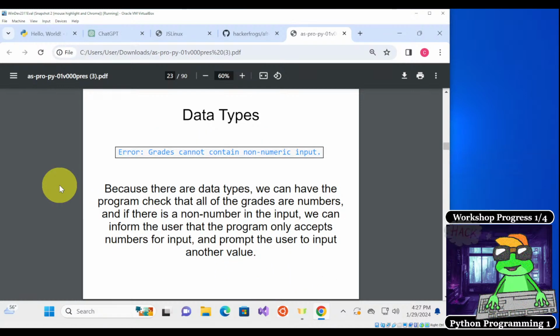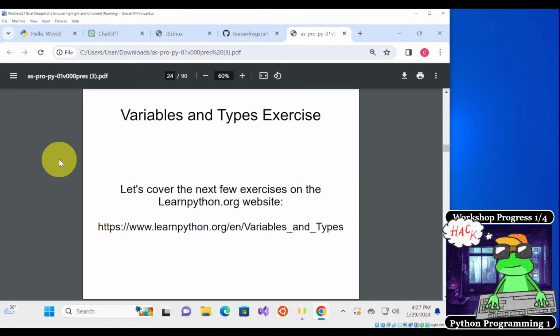Because there are data types, we can have the program check that all of the grades are numbers, and if there's a non-number in the input, we can inform the user that the program only accepts numbers for input and prompt the user to input another value. So if this program were to receive a non-number input, it would give an error, and then it would let the user know that they have to put in numbers instead of words for the grades.